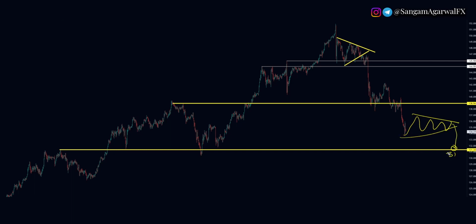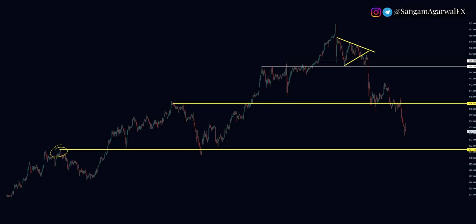But once the 131 level breaks, more and more sellers will join this trend, because that was the time when the Bank of Japan was selling dollars, but when an FOMC member gave a signal, it started a sideways correction, but on each Fed speech it is coming down. So the dollar trend has changed. This was your top and it is coming down. Now wait for a counter trend correction, then we will sell.